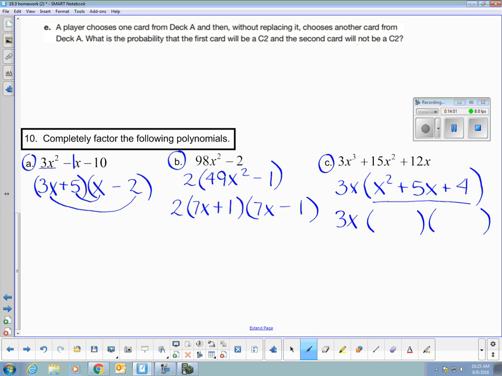And in this problem, I'm looking for 2 numbers that multiply to 4, but add up to 5. The 2 numbers that multiply to 4 and add up to 5 are 4 times 1. So we have